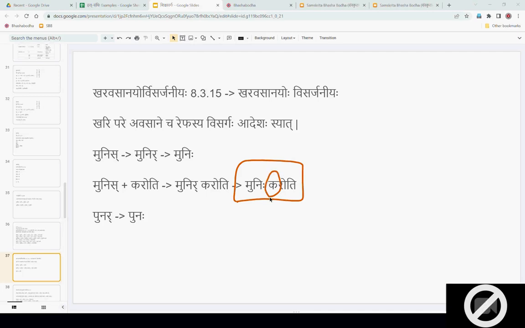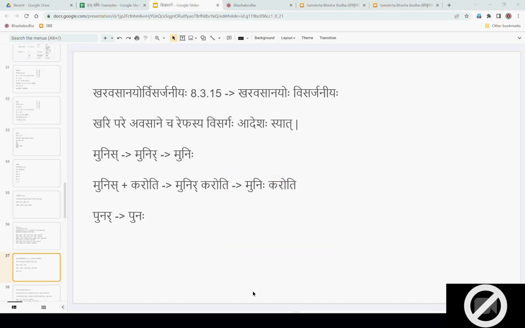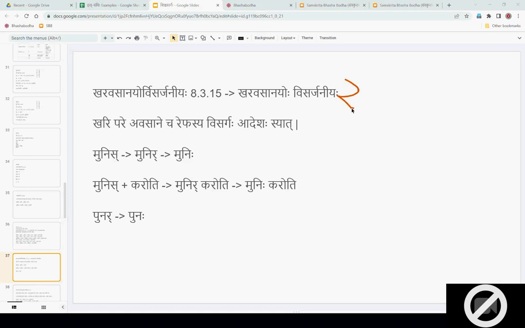Now for Munihi Karoti, because there is a ka following it, this is the final form. If it is a ka or pa following it, these are the final forms. For example, if you take paranaha, not parana, paranam. What are like khagaha, patati. Here also, actually, what is there? First khagas,